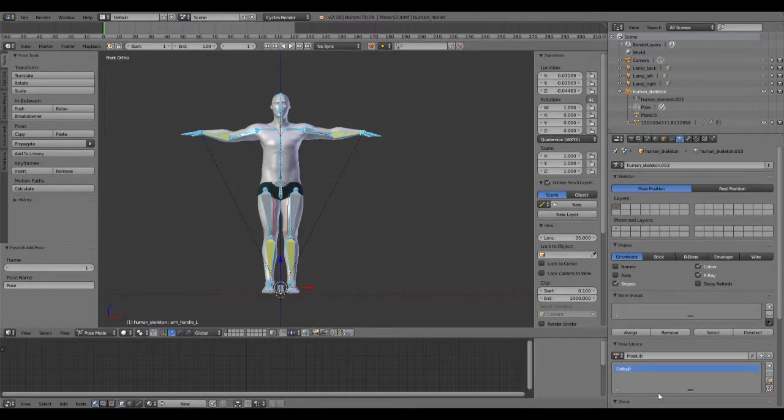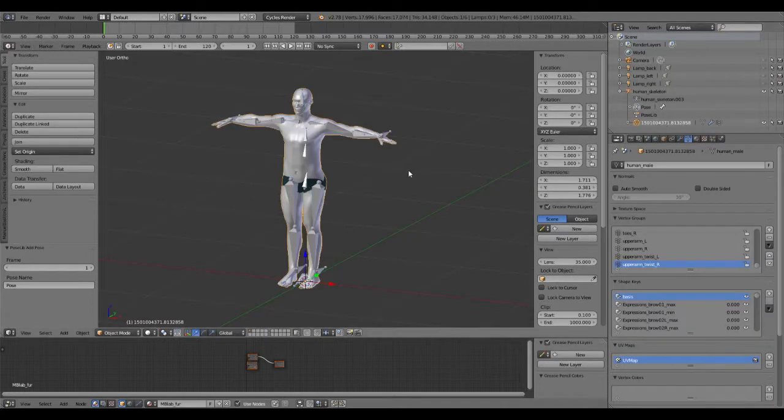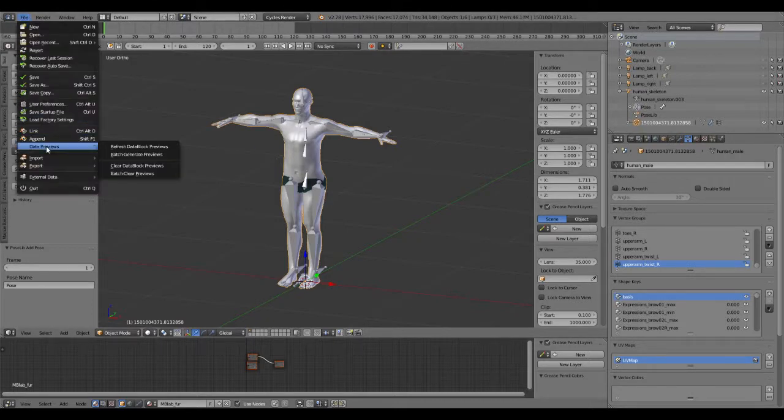And I think we're all set there. Now we'll copy in the custom vertex groups that I want. That's going to happen on the mesh, of course. And what I did was earlier I had made up